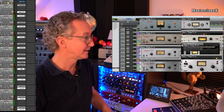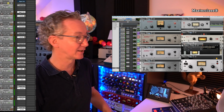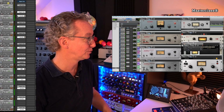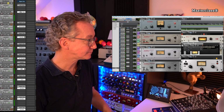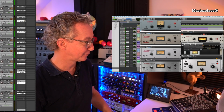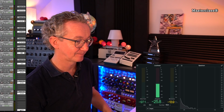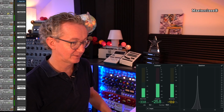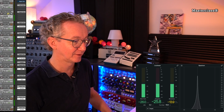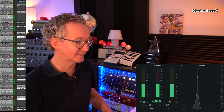Before we start with the comparison, I would like to rule out some discussions that could arise in this setup. I have inserted a signal generator on a track, and I'm going to show you once how I did it. So I'm going to remove this plugin so we can have a look here at inside. And if I turn on that channel, you see it will have minus 26 loops